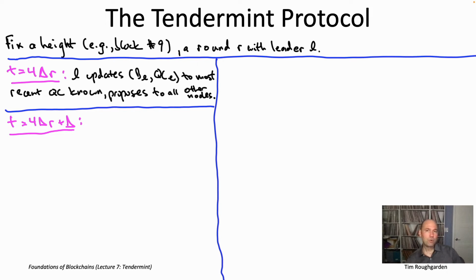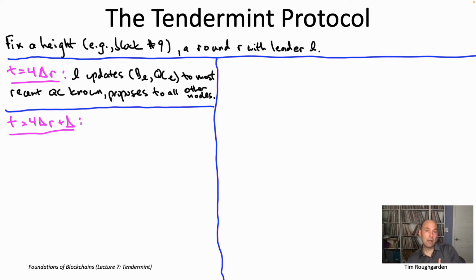And actually, and this is the crucial point, an honest node is also going to ignore the leader's proposal if the proposal appears to be out of date. By which I mean the quorum certificate that the leader suggests is strictly less recent than the one that this node I already knows about, that's locally stored in its local variable. If node I gets this old, stale proposal from the leader, it's like, well, okay, either the leader is Byzantine and trying to mess with me, or maybe the leader's just really out of date, because we're pre-GST in the partially synchronous model and messages are getting delayed. So I'm going to ignore it in that case, right?